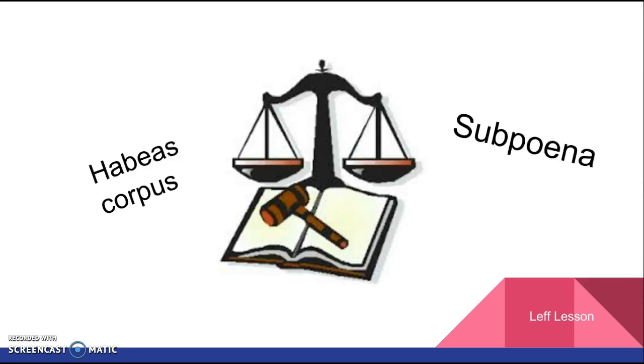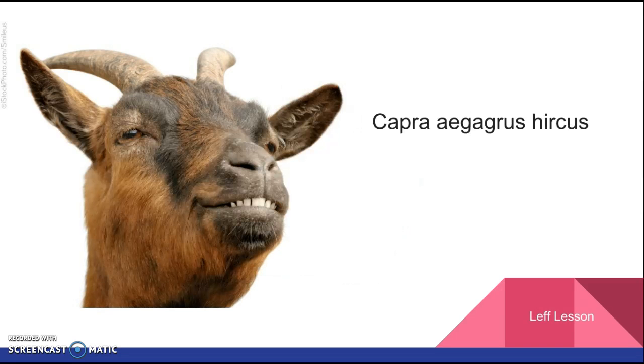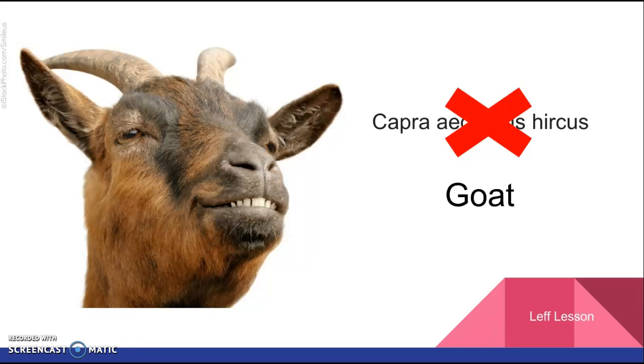You have probably heard of legal terms like habeas corpus or subpoena. Educated people at the time studied Latin because it was a universal scholarly language. Another example: organisms around us each have scientific Latin names that classify them into each species. For example, a goat's universal scientific name would be Capra aegagrus hircus. A lot of organisms have long names like this because of the taxonomy system, but today you wouldn't call a goat Capra aegagrus hircus, it was just too inconvenient. And over time, common names were made in place of these long names.